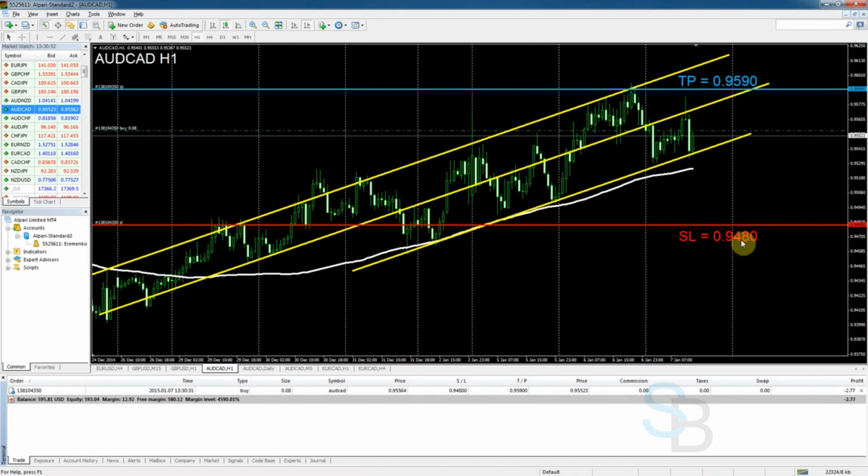So these vertical lines, these are period separators. That means a new day according to server time. So maybe today, maybe the day after, hopefully we'll get a result, and hopefully we'll get a take profit on